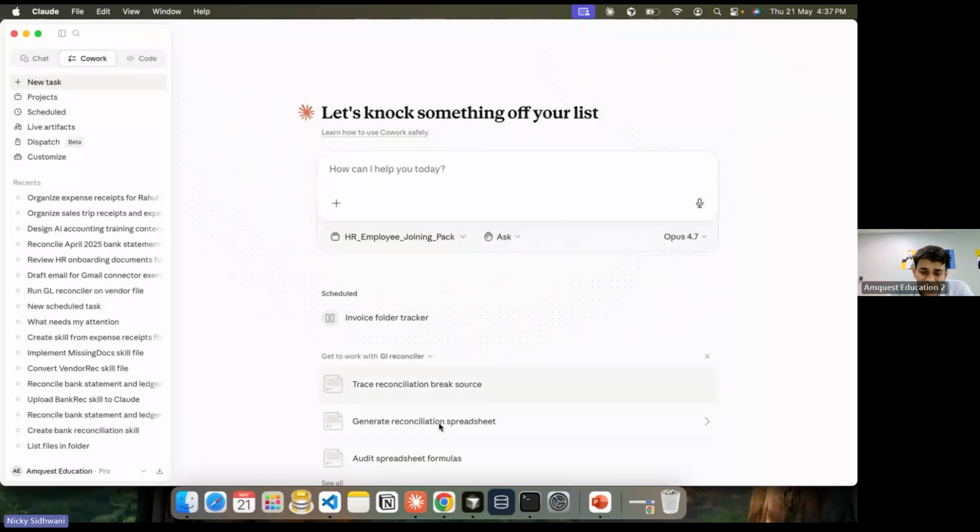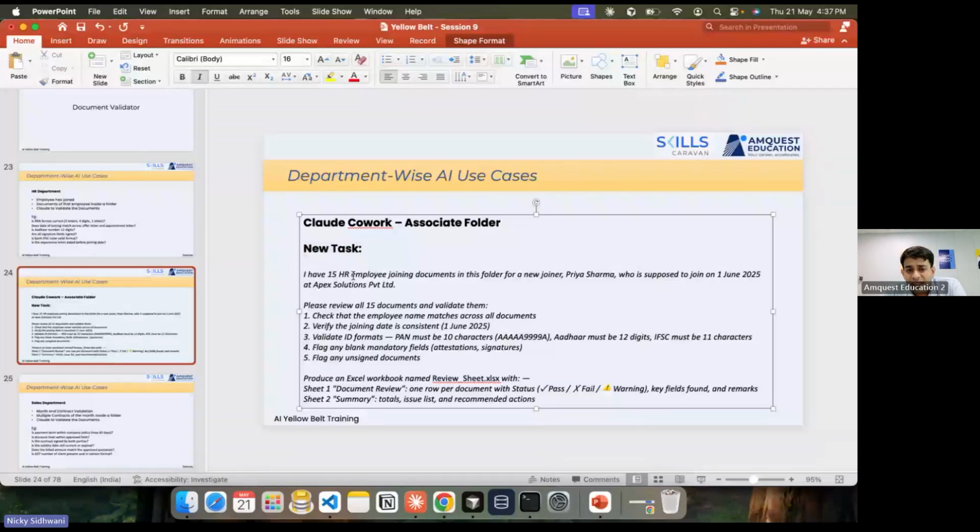All right. So please check what I'm doing. I'll go through the prompt along with you. I have 15 HR employee joining documents. I showed you the documents just now, in this folder, for a new joiner called Priya Sharma, who is supposed to join on 1st of June at Apex. Let's assume my company name is Apex. I want you to review all 15 documents, check that the employee name matches across all documents, verify that the joining date is consistent, validate the formats, flag any blank fields, flag any